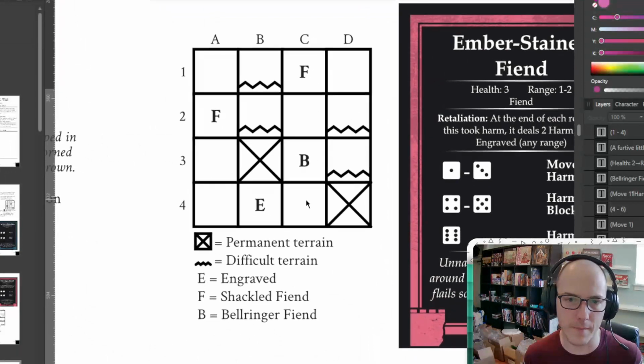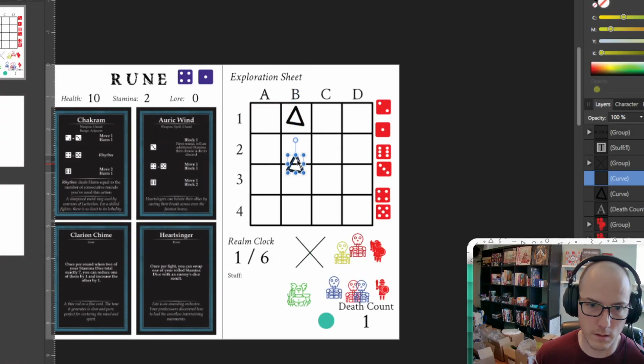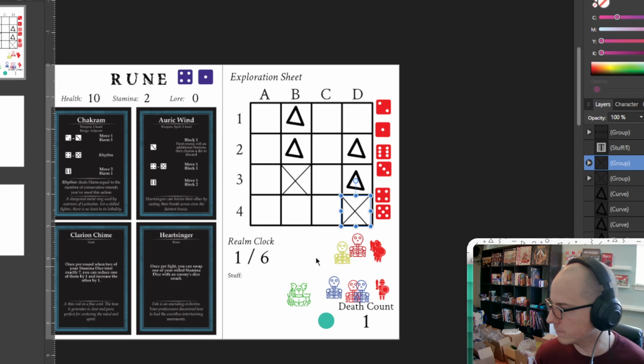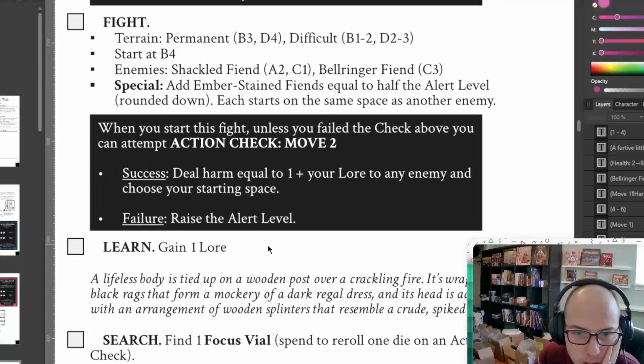I know Aaron has made a little map for me, so I'm going to just look at the map here. Alright, so I've got some difficult B1, B2, D2, D3. I use this to represent that. And then permanent at B3 and D4. Also, it's like a stealth kill skill check to start the fight if you passed. Yeah, I think so, right? So if I had not failed, and you succeed on this, you deal harm equal to 1 plus your lore to any enemy and choose your starting thing. Exactly, it's a stealth kill. You come in and just...